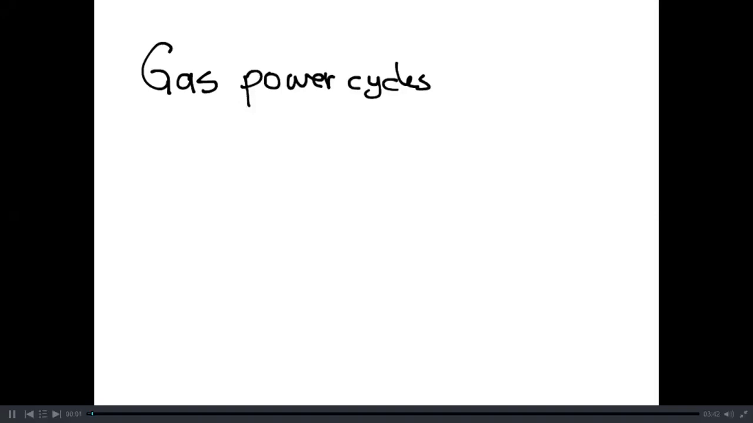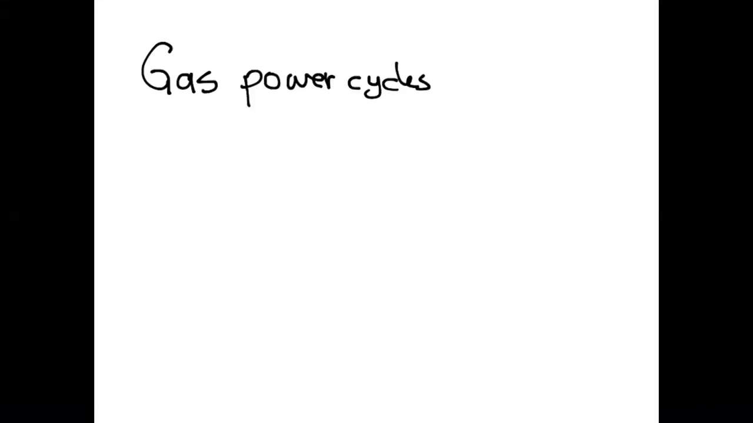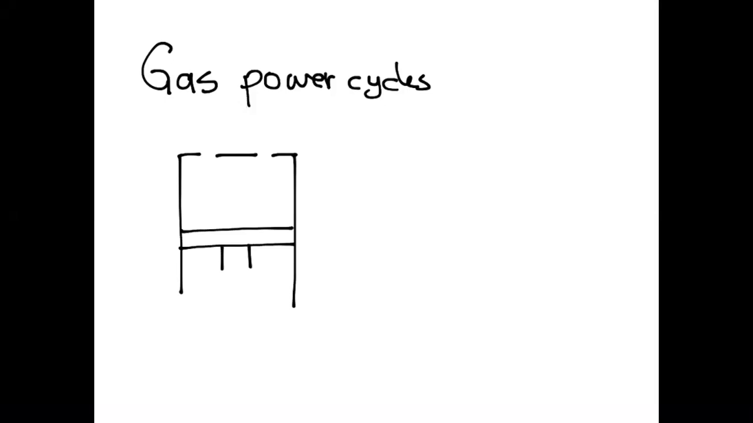During this tutorial we're going to talk about gas power cycles. This occurs in a reciprocating engine. This is, for instance, a cylinder which has a piston, and the piston is reciprocating such that it goes upwards, downwards, upward, downwards. There is, for instance, an intake valve, and there is an exhaust valve, and usually we're